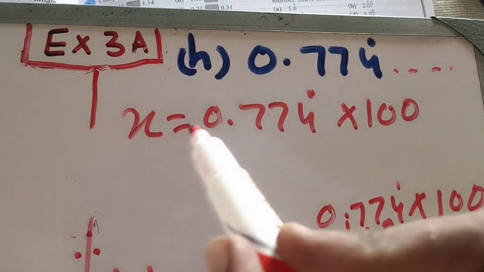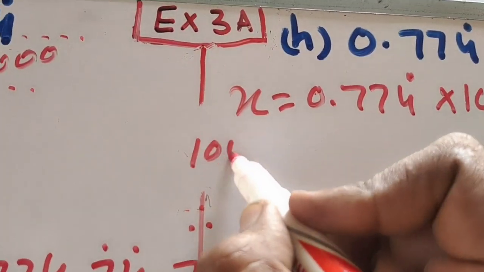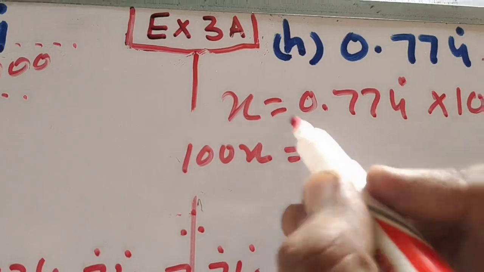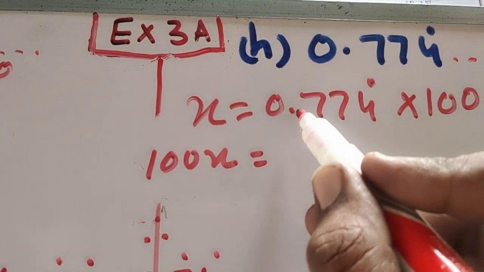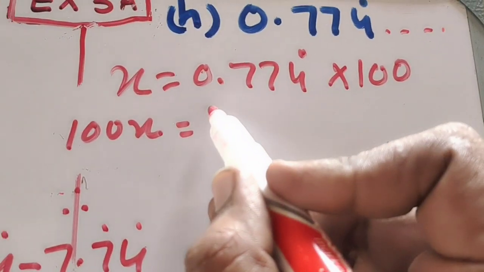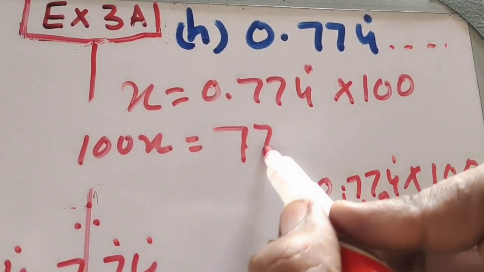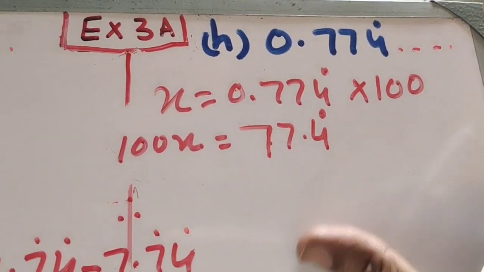As the whole equation is multiplied with 100, here it comes 100x, x into 100, 100x, and when you multiply 100 with 0.774 dot, the answer will be 77.4 dot. Now students, the next step is